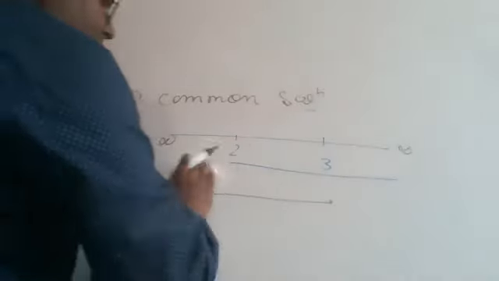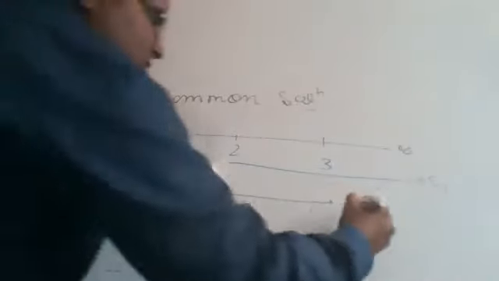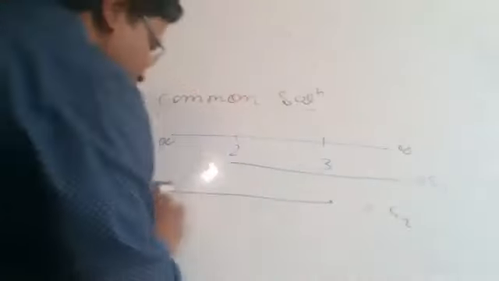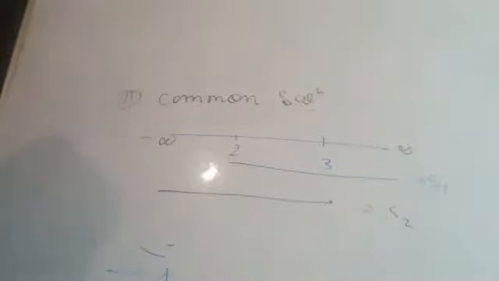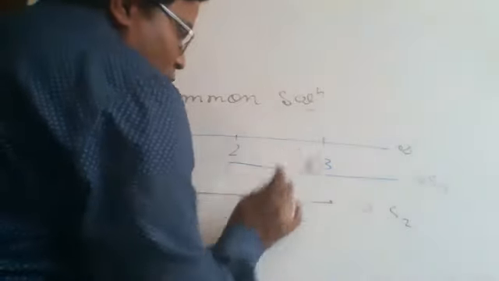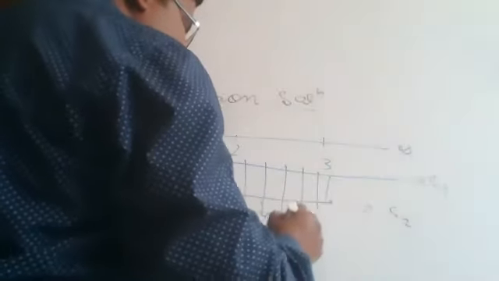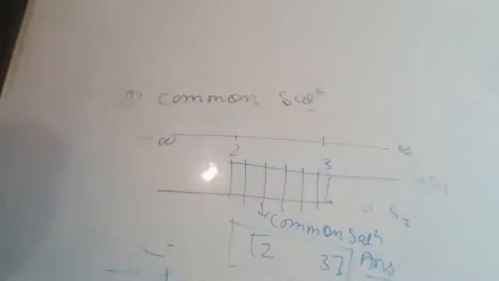After that, we have to write the first solution, it means the solution of the first inequality. This is the solution of the first inequality by the line, and this is the solution of the second inequality, minus infinity to another line, in black color. Okay. Now after that, just see the common portion of these two lines. What is the common portion? This is it. So this is the required common solution, and this is from 2 to 3. So this is the required answer of the simultaneous solution of these two inequalities.